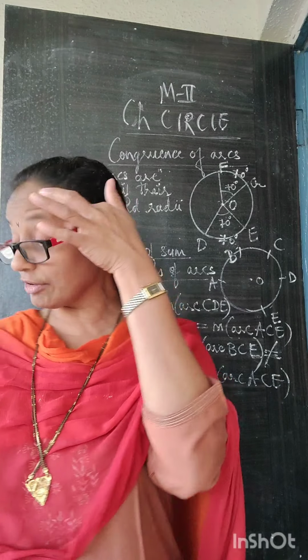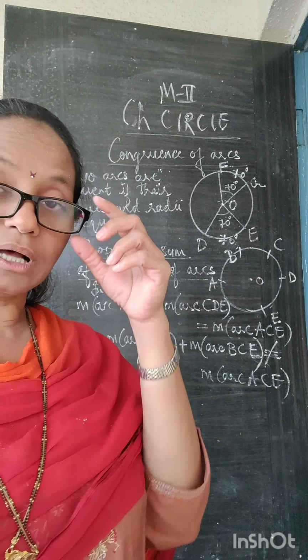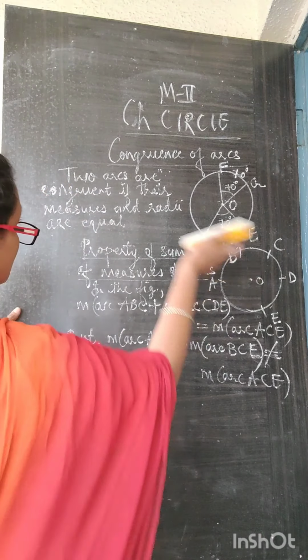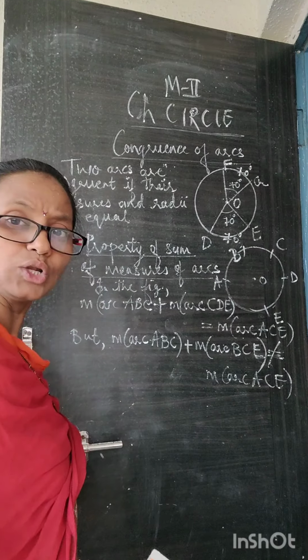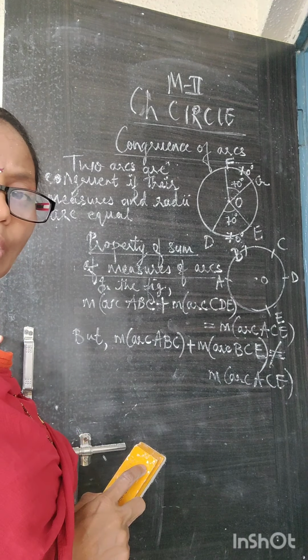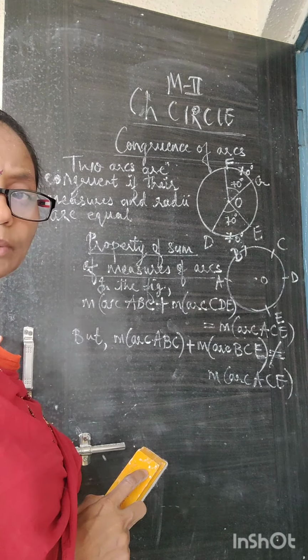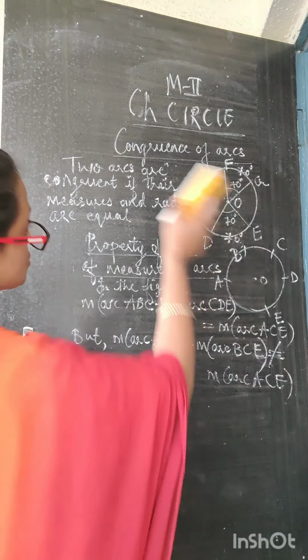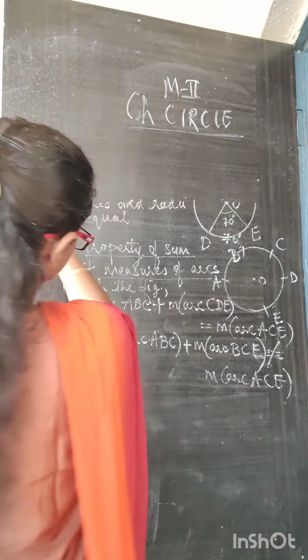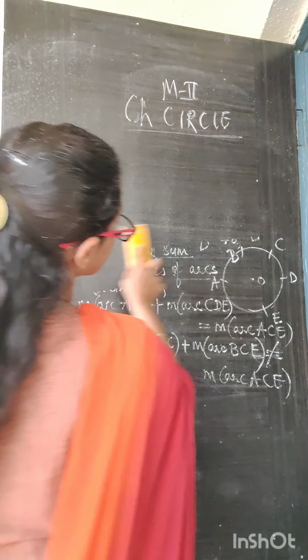Is that clear? So now we further go for the theorems. I hope you have taken down all this. Whatever is written and explained here, you have to note down from the board in your notebooks. Is that clear? So now further we write down the theorem. Write down the statement for the theorem.